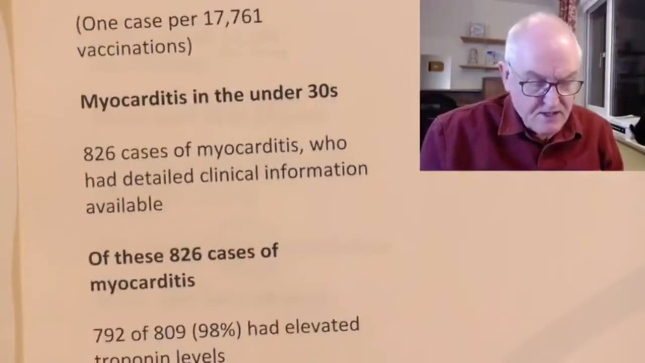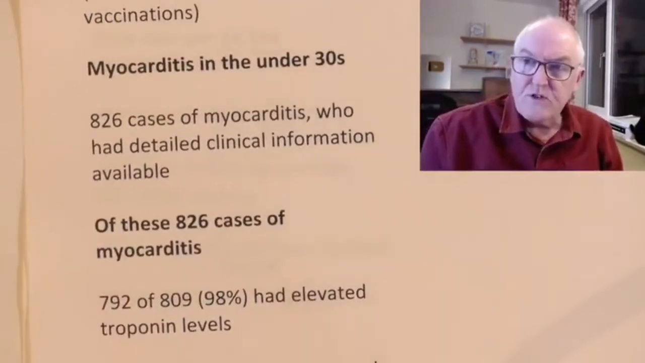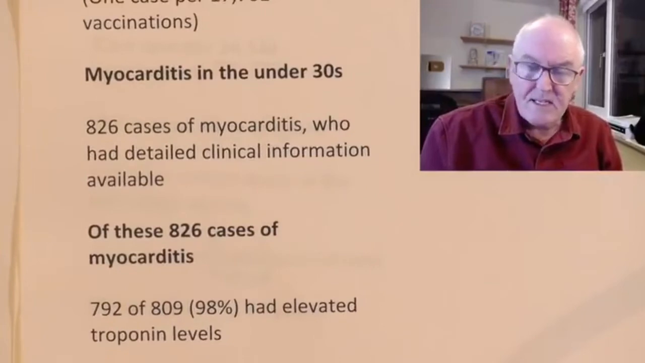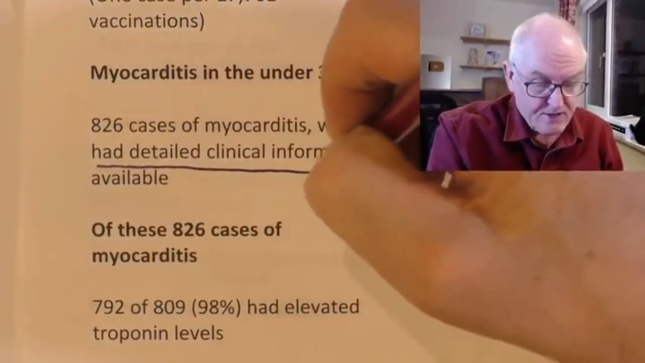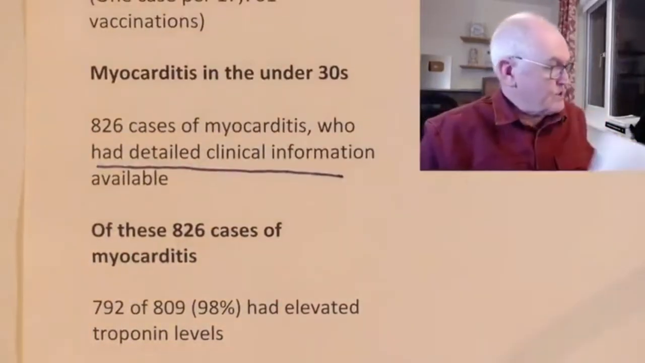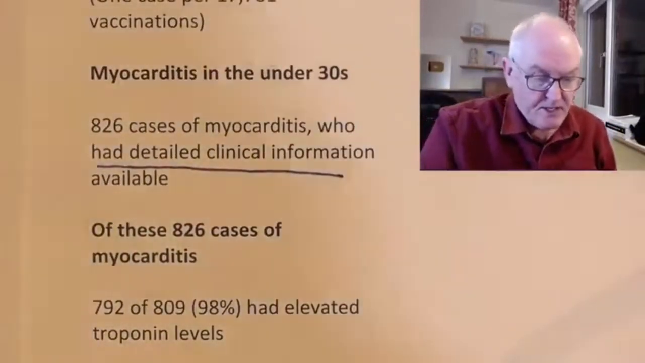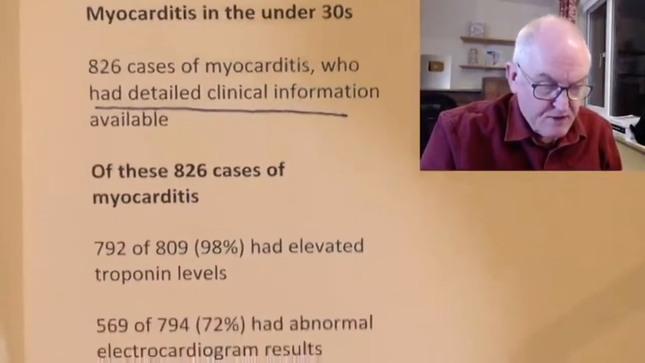Now, myocarditis under 30. 826 cases who had detailed clinical information available. As we said, quite a few didn't have detailed clinical information. And again, we'll see the gaps in the data here become obvious. 792 over 809,